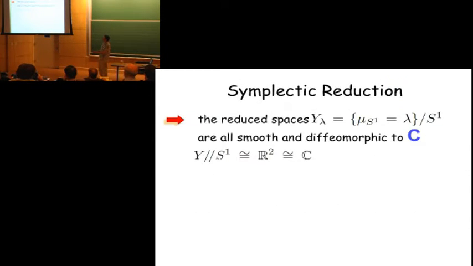This cries out for symplectic reduction, where we start with a space Y, which was R4 in our basic example, and look at the symplectic leaves with a fixed value of the moment map. And again, anticipating the connection with SL2R, I'll ask this value to be lambda. And then just by dimensional analysis, you can easily see that what you're supposed to get is a two-dimensional plane. We start with a four-dimensional symplectic space. We perform symplectic reduction with respect to the circle action. So we have to get a symplectic manifold two dimensions lower. And surely this is just a two-dimensional plane, or if you wish, a complex plane